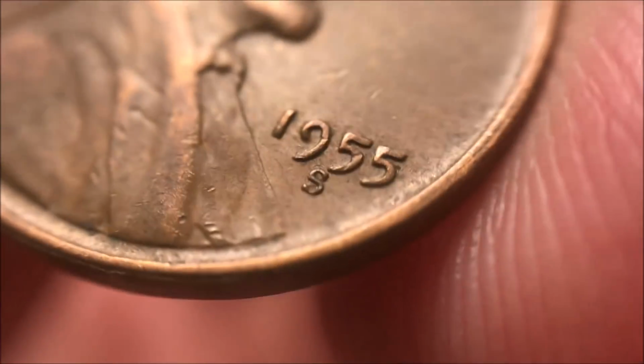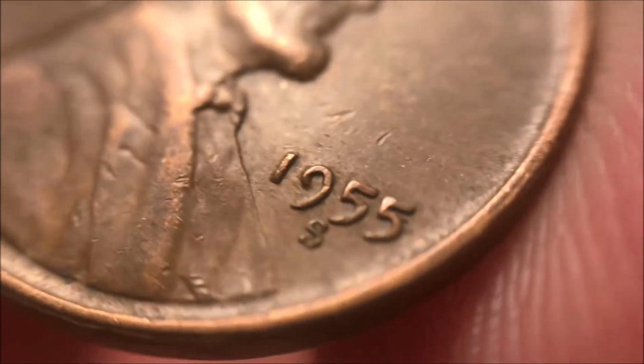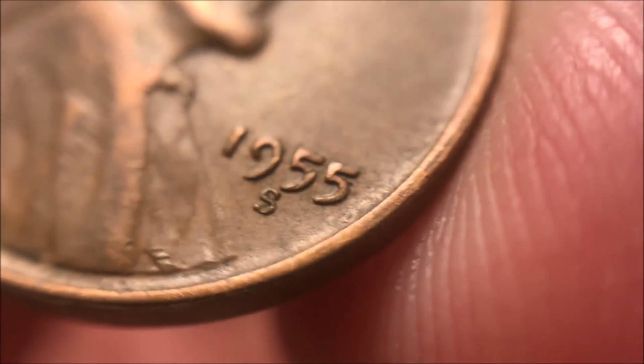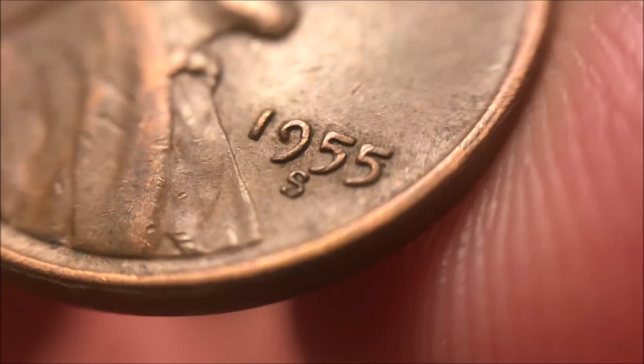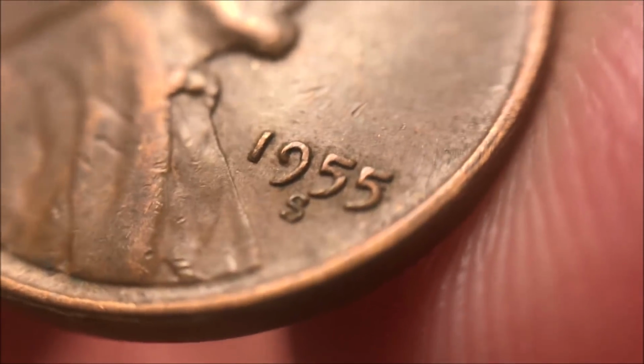S Lincoln wheat cent with the repunched mintmark. I don't know if you guys see that. Actually, this is a triple S, so it's an S over S over S on this one, and